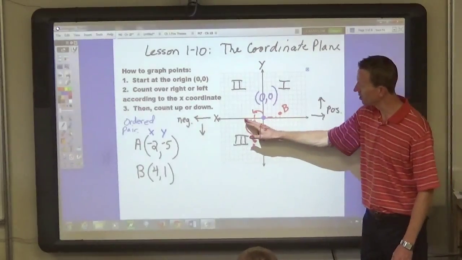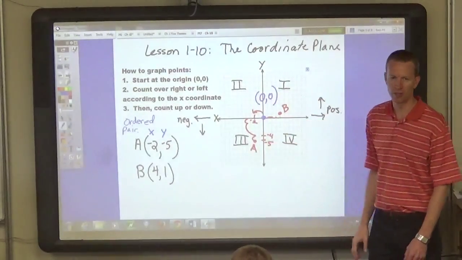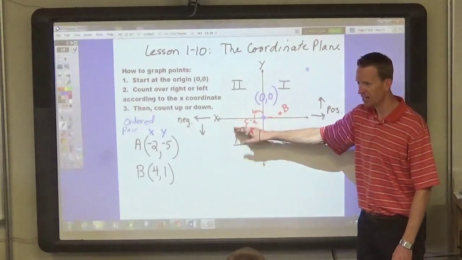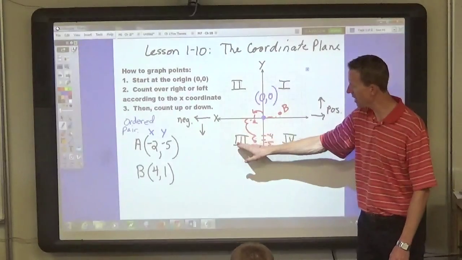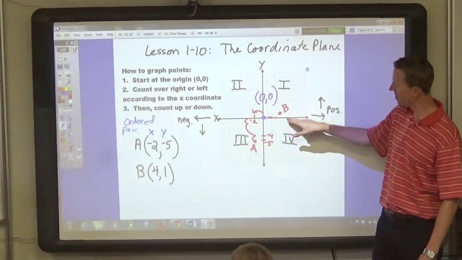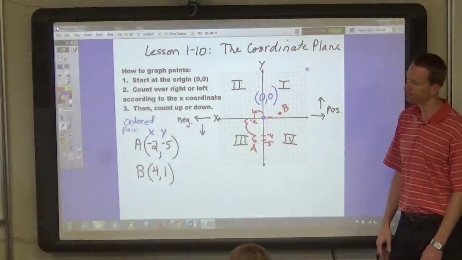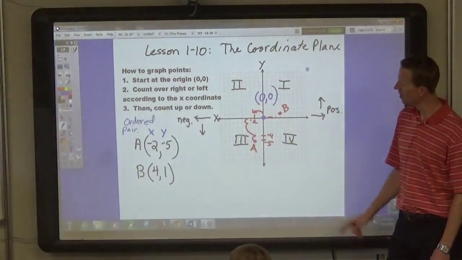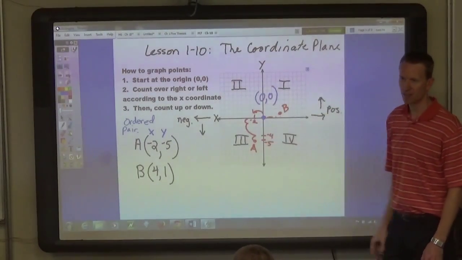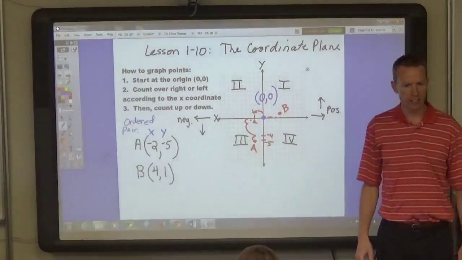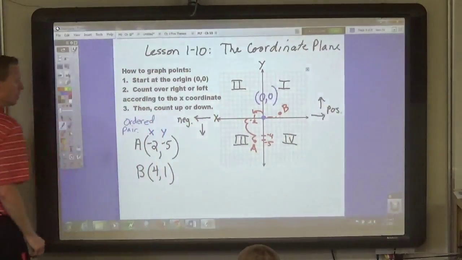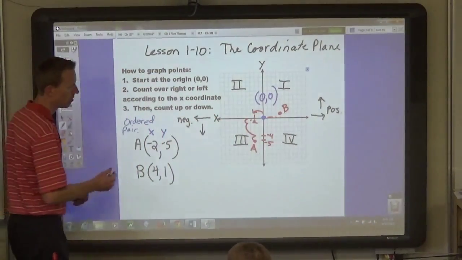Now, if you went left first and then up, you'd get to quadrant 2. If you go left and then down, or negative and then negative, you get to quadrant 3. And if you go positive and then negative, you get to quadrant 4. Now, if you end up right on one of the lines, that means one of your coordinates is 0. So if our point is 0, negative 5, for example,